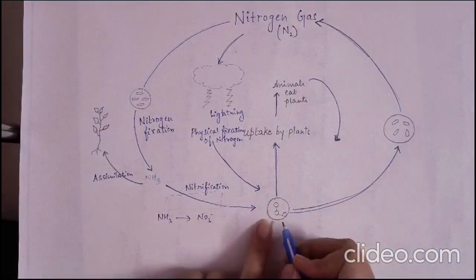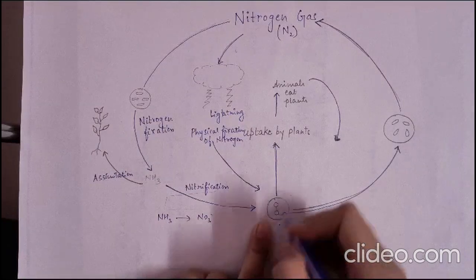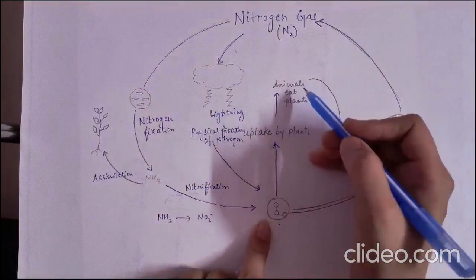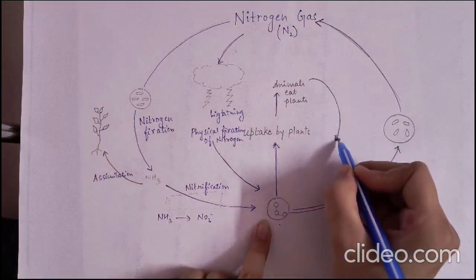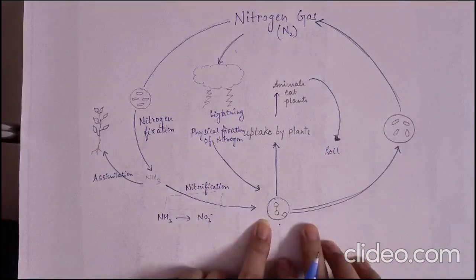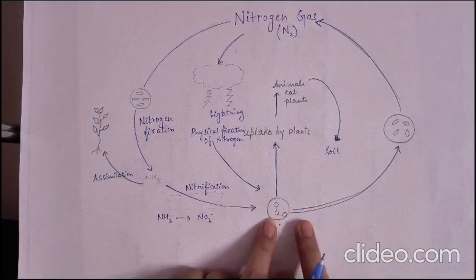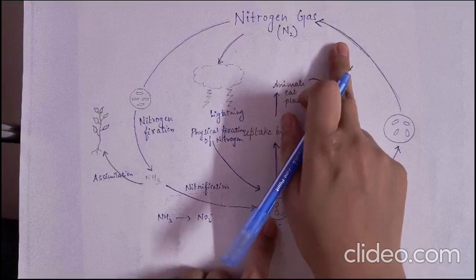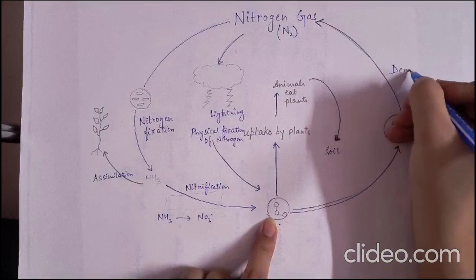Right? Now, this nitrogen, that is in the form of nitrate, it is taken up by the plants, and then these plants are then in turn eaten by animals, right? And then finally these animals are going to die, they're going to decompose, right? So that is how the nitrogen is going to come back into the soil, right? Now, again, the nitrogen that is there in the soil, it has to be brought back into the atmosphere, right? It has to be brought back into the air, and this is done by the process which is known as denitrification,